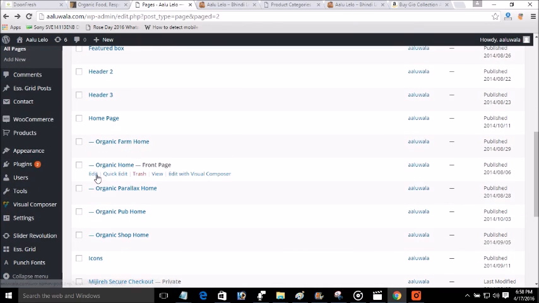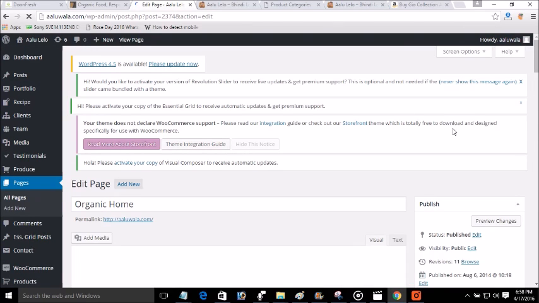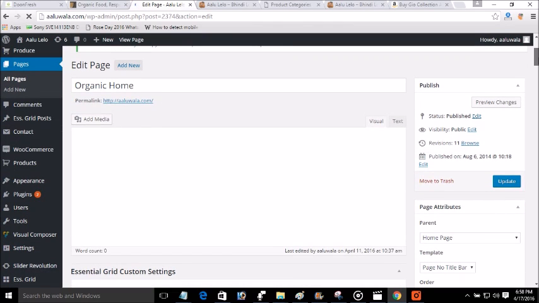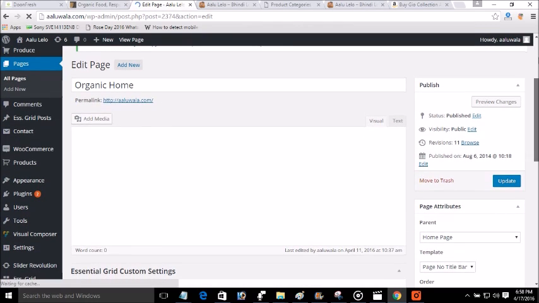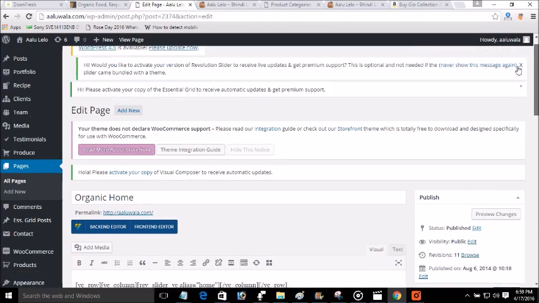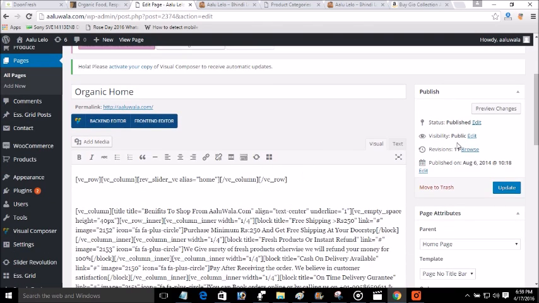So here we have the front page. You can make any page as a front page by clicking on a radio button, which you will get here below side. So here you can see the shortcode.